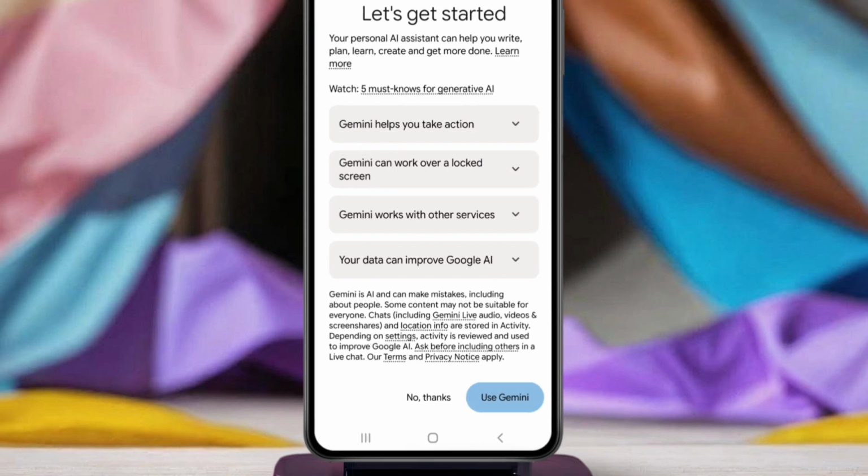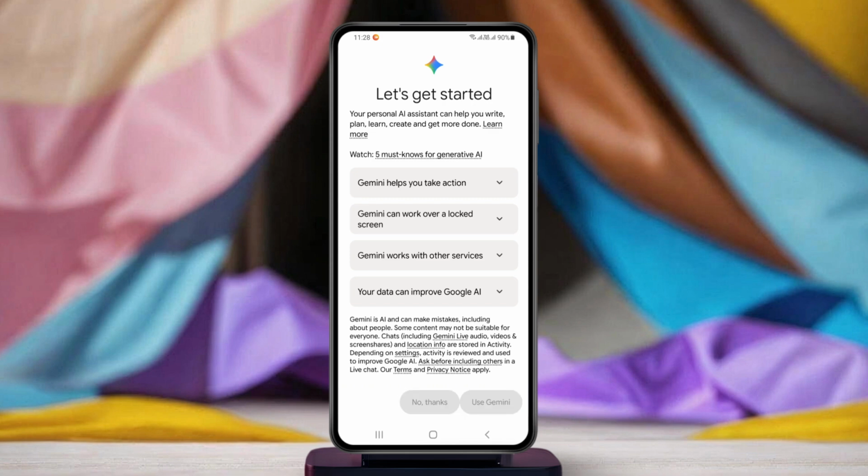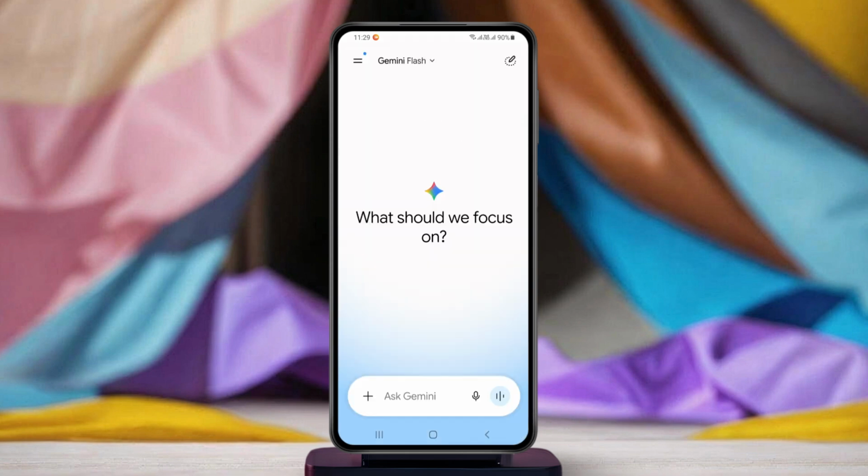That's it. Now press and hold the power button or use your phone's assistant gesture, and Gemini will open as